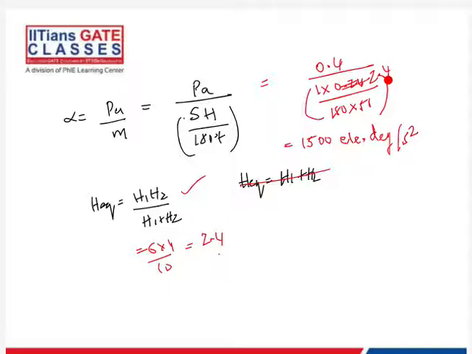2.4, right? My bad, I made a mistake. 2.4, so you get 1500 electrical degrees per second. If in the question they had asked for electrical radians per second, then you would have to use pi over here, or you could just multiply this by pi divided by 180. So this would be,